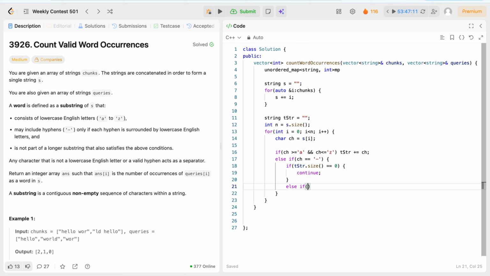Else if i equal to n minus 1, it means we are at the last point of the string. We are at the last point, so there can't be anything after the hyphen. Again, we will not take this hyphen,